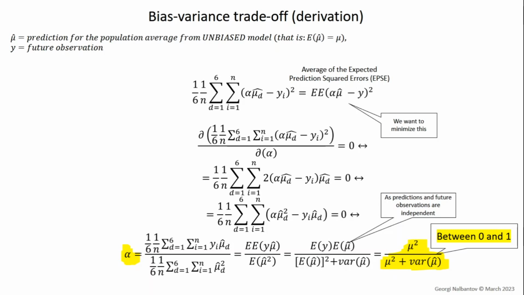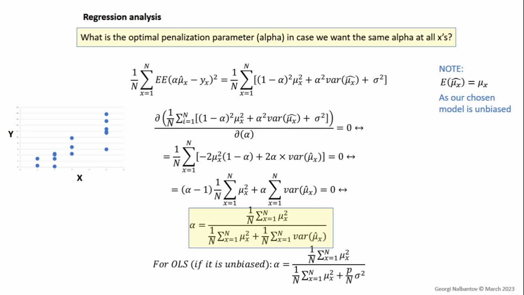answer for alpha. What happens when we have regression analysis with different x's? So now we could think that we had different y's from 1 to 6 for a particular x, but we could have different x values and different y's. So we minimize the squared test error over all these x points. So in this case, there are n points. We take the derivative with respect to alpha, and we again come up with the penalization parameter, the optimal one for